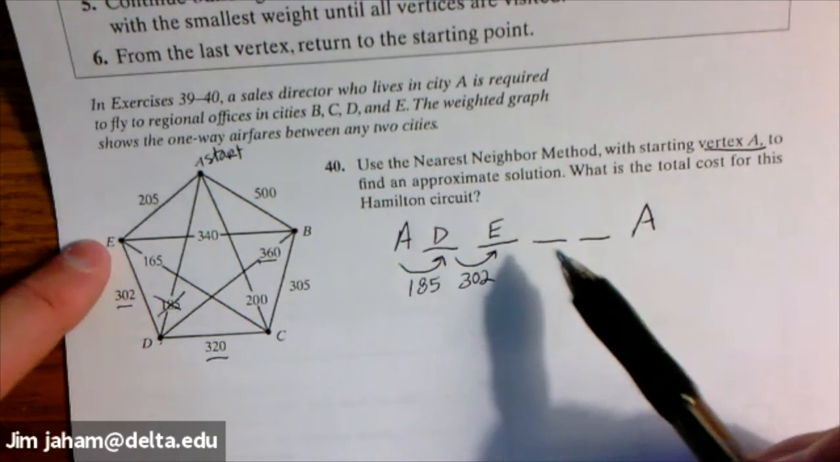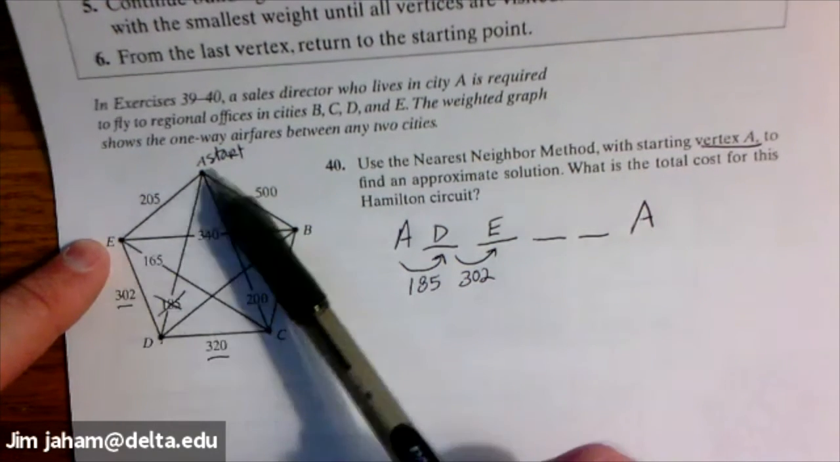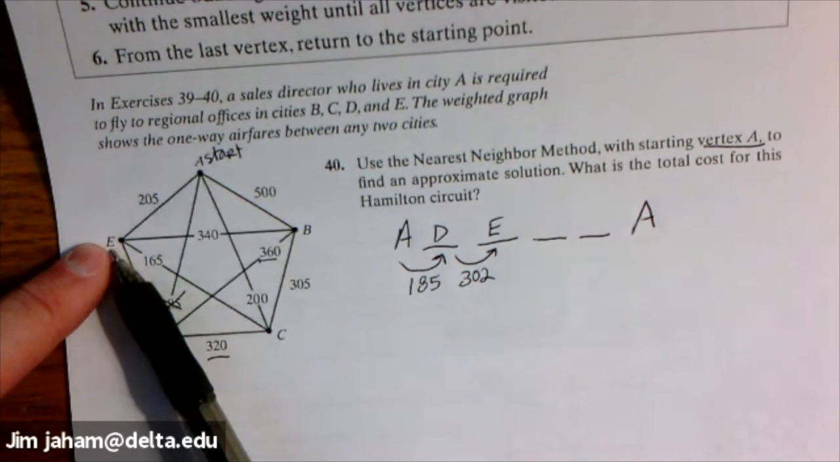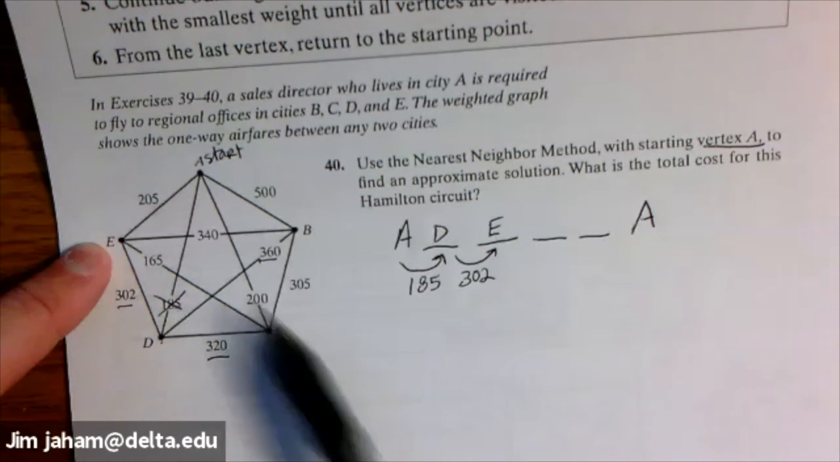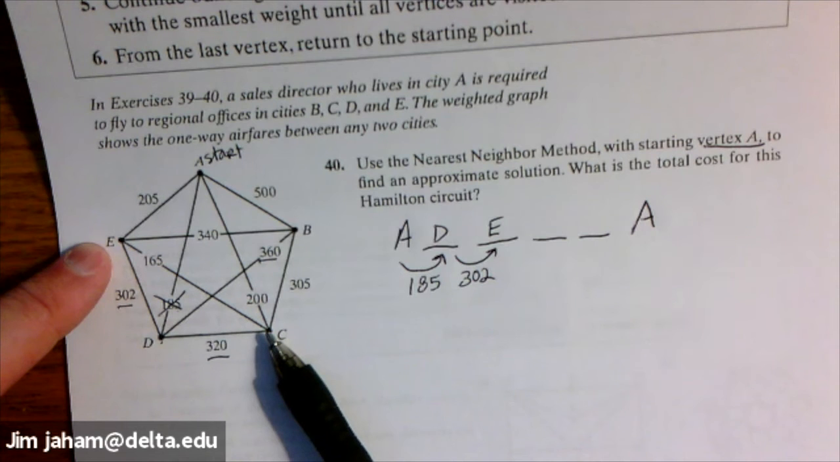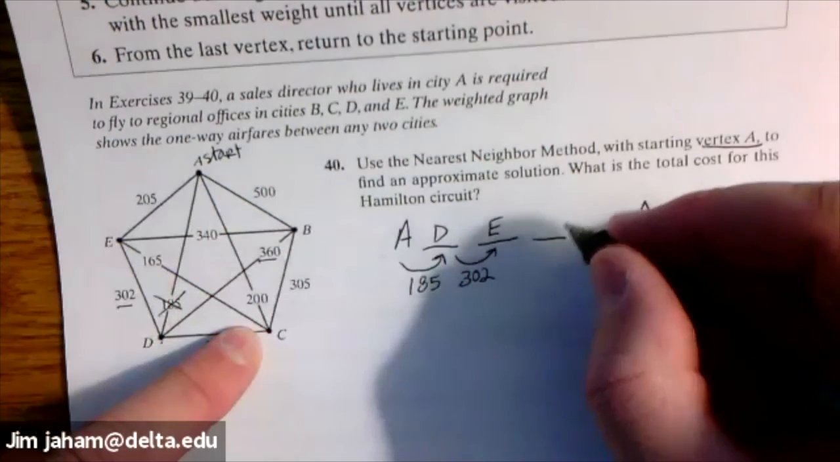So from E, now we don't want to go back up to A because that would complete our circuit, and we want to complete the circuit as the last step. So we don't want to go there. So our choices are to go over to B or down to C. So between 340 and 165, what's the nearest neighbor? In other words, what's the lowest weight? And it's 165. So we're going to go down to C,